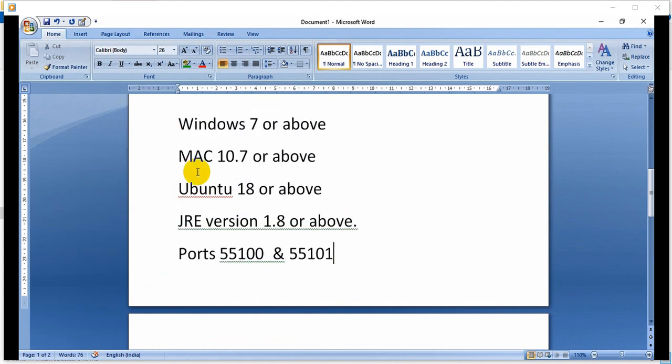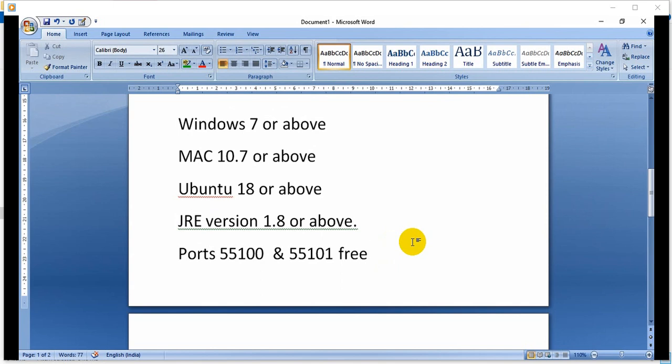Out of the above three operating systems, one needs to be present in our system, because only one will be useful. Both of these ports must be free, that is empty, and only then will our work be done. Let's do one thing. As I have a Windows system, we will see the Windows example, and government departments have all Windows based computer systems, right?